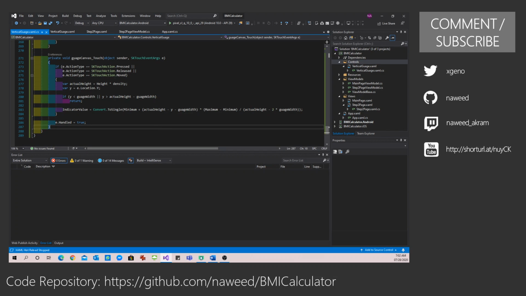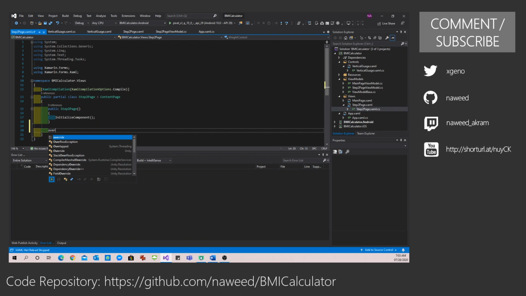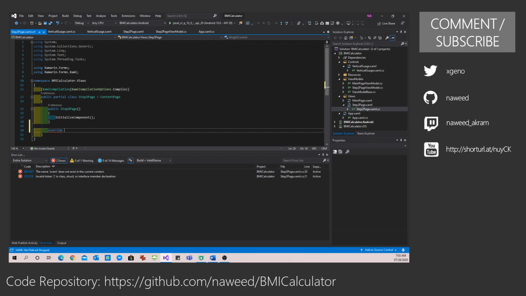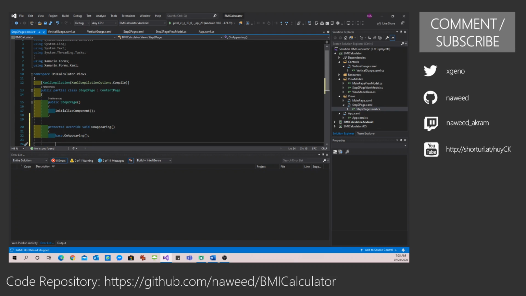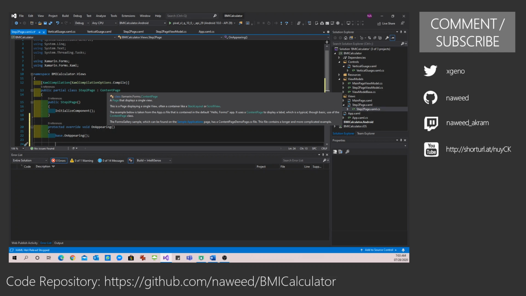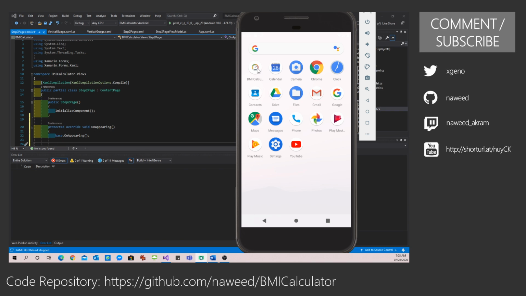So let me go to my page. This is something we can achieve in the OnAppearing method. So let me say override OnAppearing. One of the things, by the way, which I will be doing is I want to limit the height, because right now if you see when I run this,